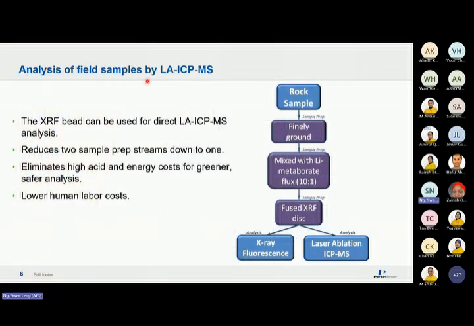So this is what I just forgot to put on the slide for you to see. When you use the same glass bead and introduce it to the ICP-MS, they call it LA-ICP-MS for short. If you go through a lot of those papers, people write LA-ICP-MS, which means laser ICP-MS. This is called the solid form. You introduce a sample in solid form, and the good point is that